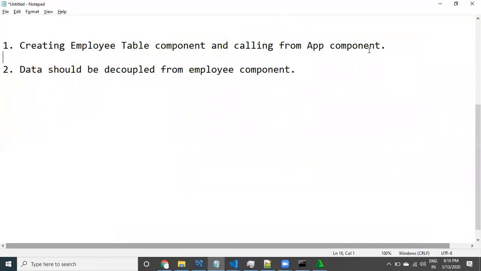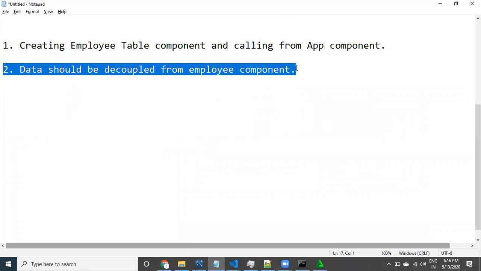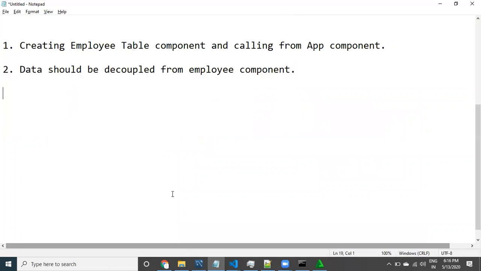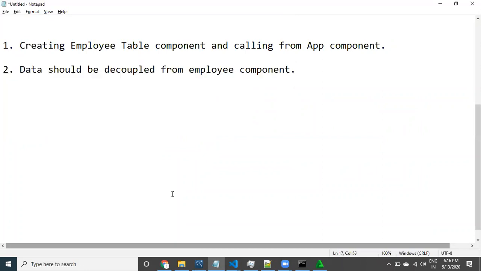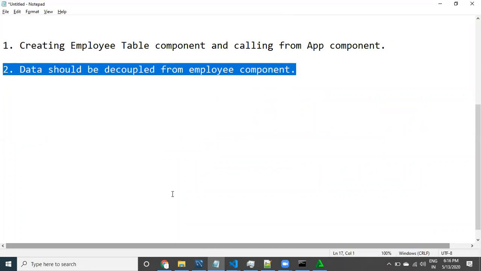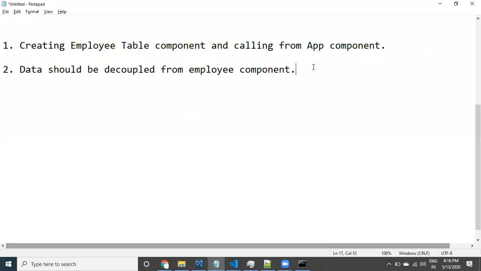First we work on this one, then we go to the second thing. Of course, how to do it I will tell you guys. Here you need to remember that the data should be decoupled from the employee component. Employees should be decoupled. All right, guys, the data should be decoupled.